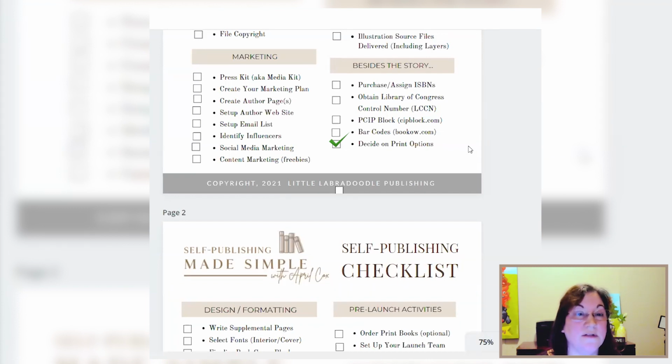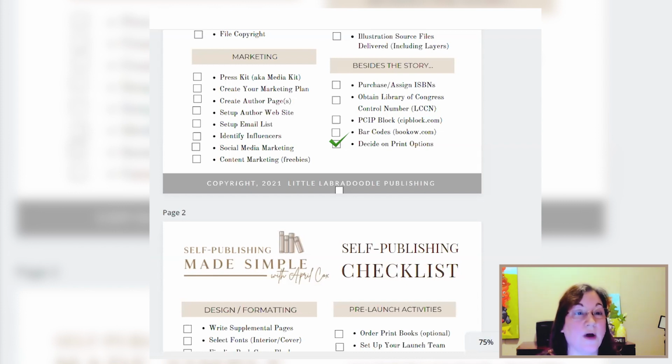Going directly to an offset printer, they can print in bulk and it's higher quality. Now, there's offset printer, which is very large bulk orders. There are companies which do digital printing, which is shorter volumes. Like if you want just 5 or 10 or 50 books, you can go to those that do digital printing, which is more of a short order. If you need large orders, you're going to go to an offset printer.